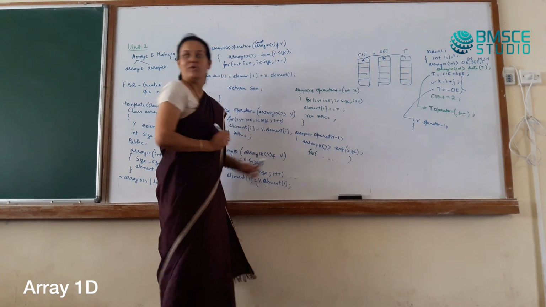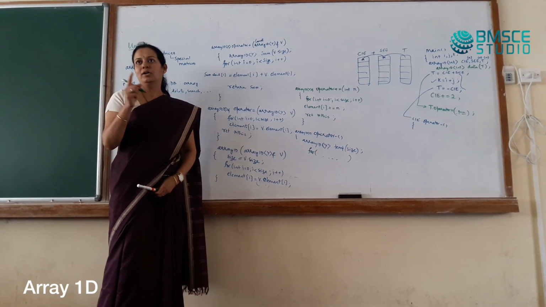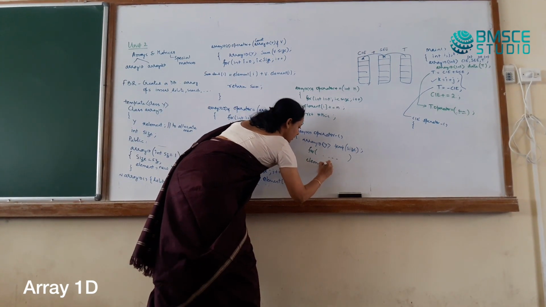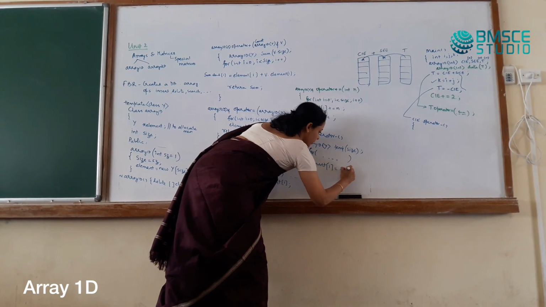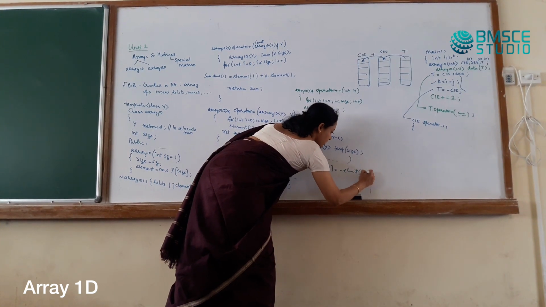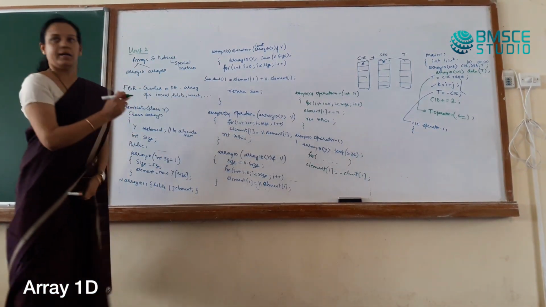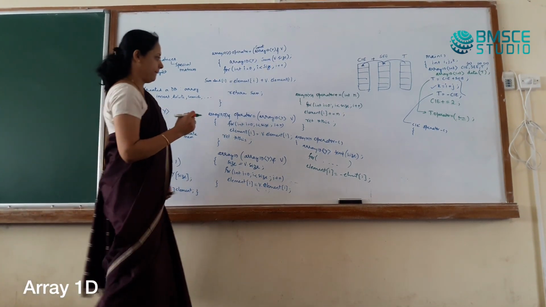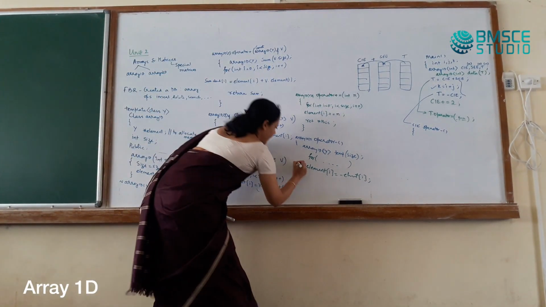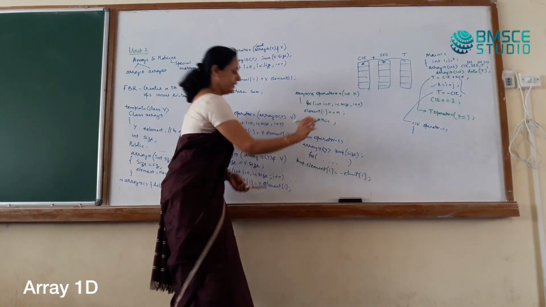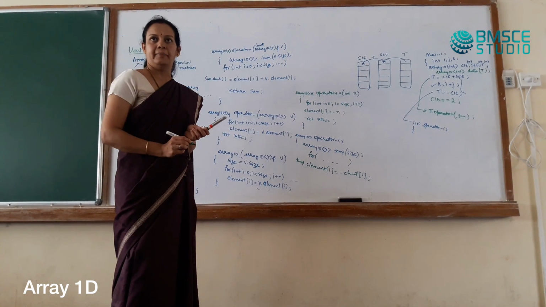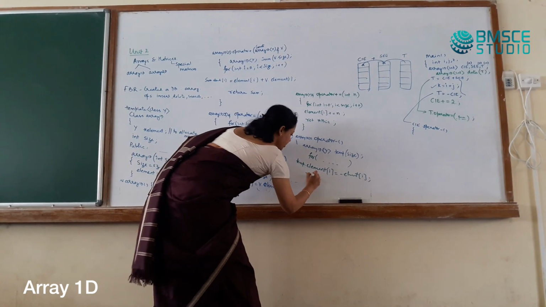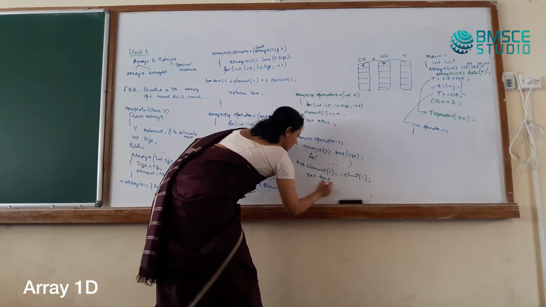Okay? For loop, do you know, 0 to size? What should happen? Element of i is equal to minus. Now I have to associate the objects. Temp dot element of i is equal to minus element of i. What should we return? I should return temp.